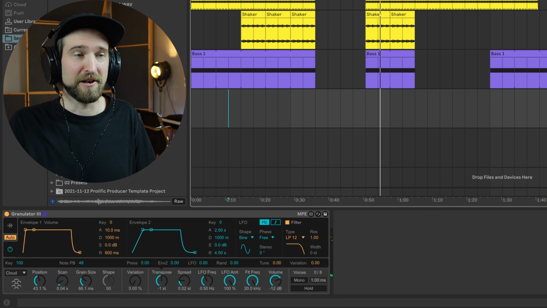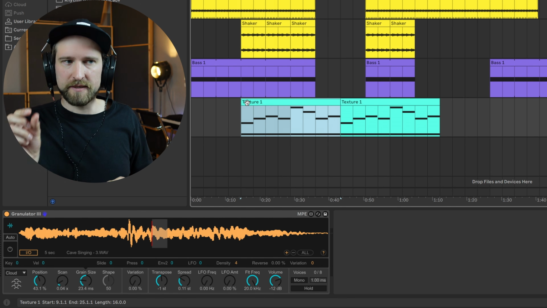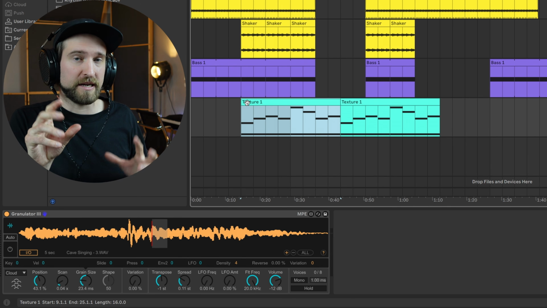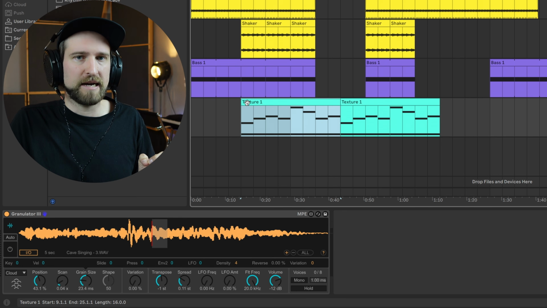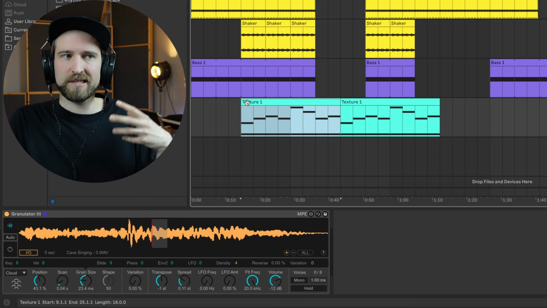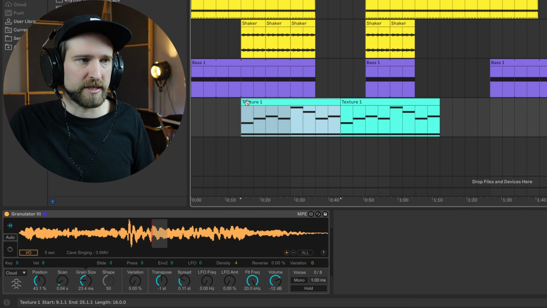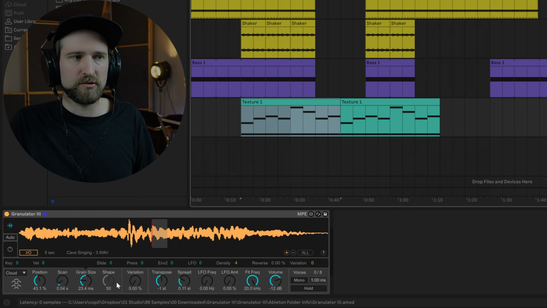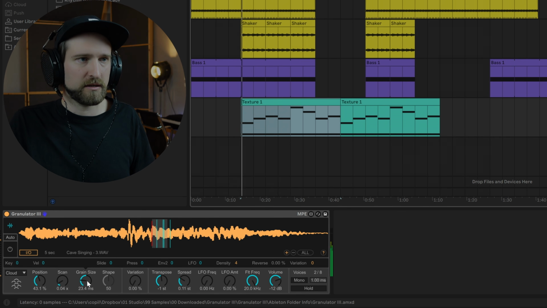This is so nice, I love it. So now we found the sweet spot in this specific recording. We tuned it so that it fits with the rest. And now it's time to automate some of these parameters to make certain parts of the song more interesting. For example, one of my favorite parameters to automate is the grain size. So right now it's sounding super sweet. But